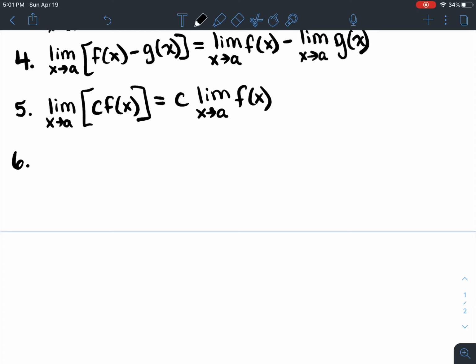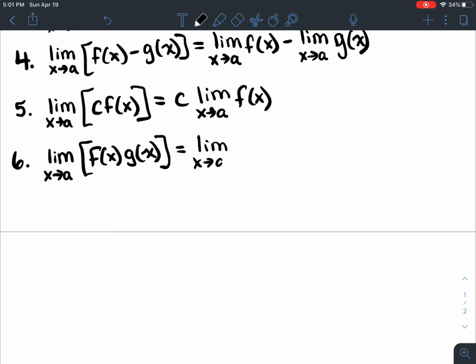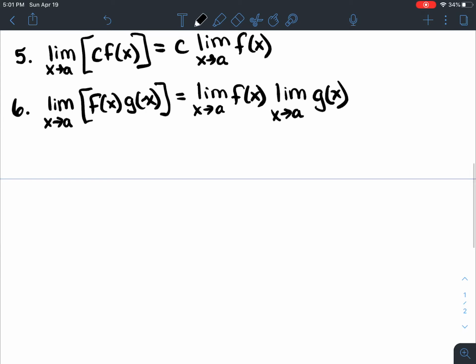Okay, number 6 is a product one. So products and quotients work the same way as addition and subtraction. So the limit as x approaches a. So say you had a function f of x times g of x, and you want to find the limit of that. You can break it up, and you can actually find the limit as x approaches a of f of x, and then multiply that by the limit as x approaches a of g of x. So it doesn't really matter what order you do them in, as long as you find the limit of each and multiply it after, or multiply them together first and then find the limit. And the same works for